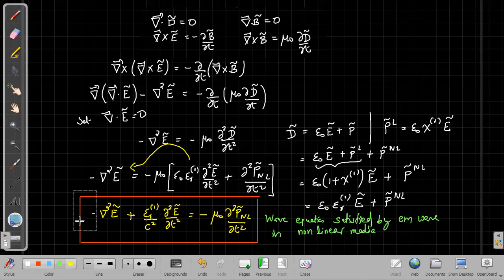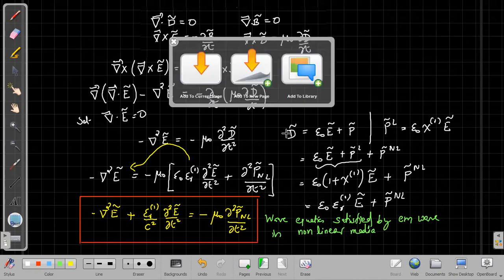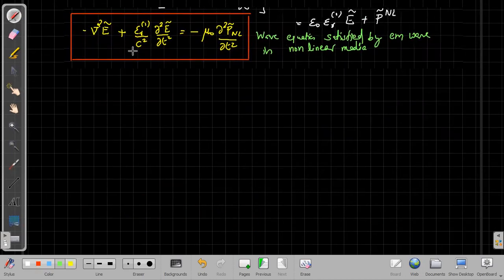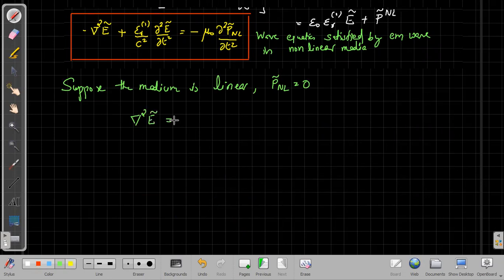So better we can take this entire thing to the right side for further discussion. Okay, now if you look at this wave equation, suppose the nonlinear term is zero. Suppose the medium is linear. The medium being linear means the nonlinear polarization would be zero. Then this equation would simply become del square E equal to epsilon R1 divided by c square, dou square E